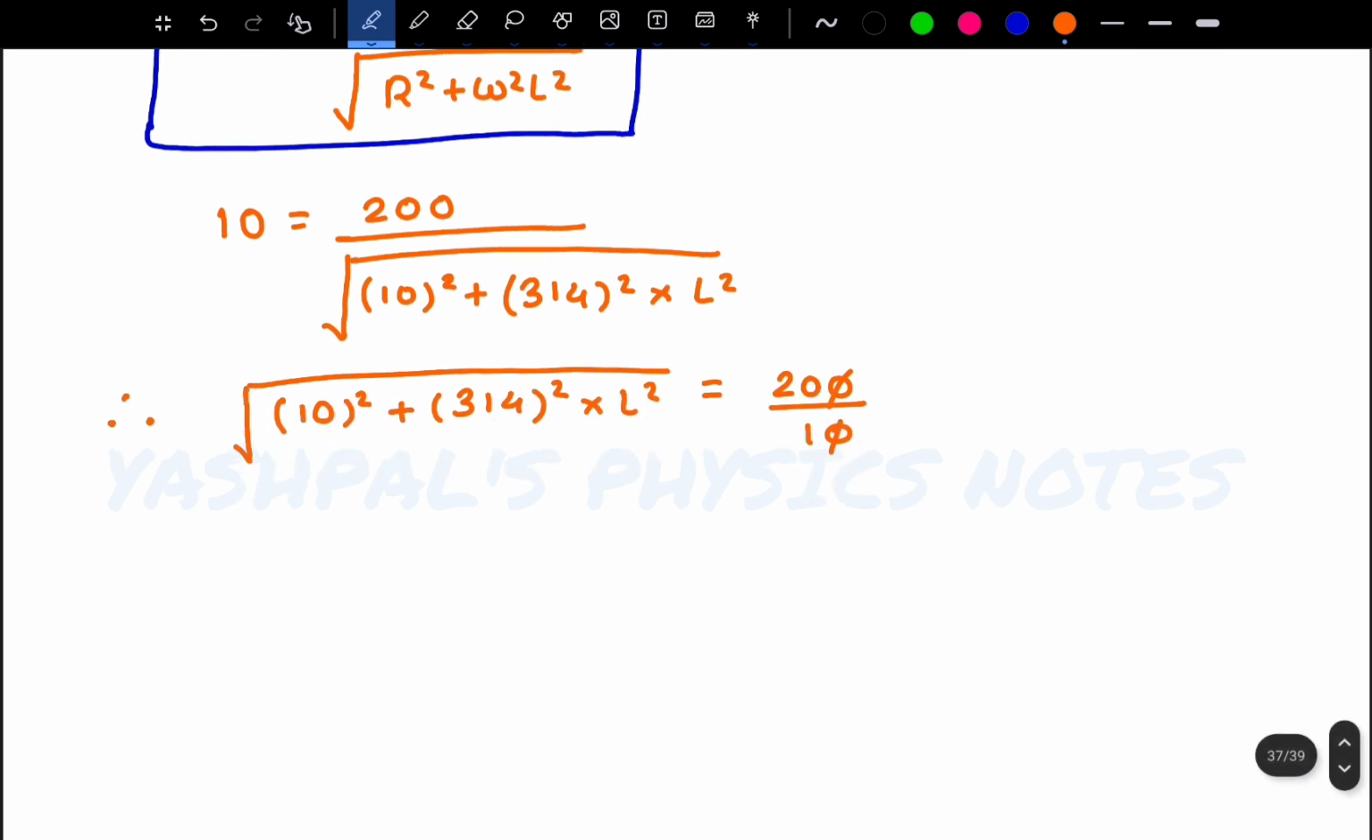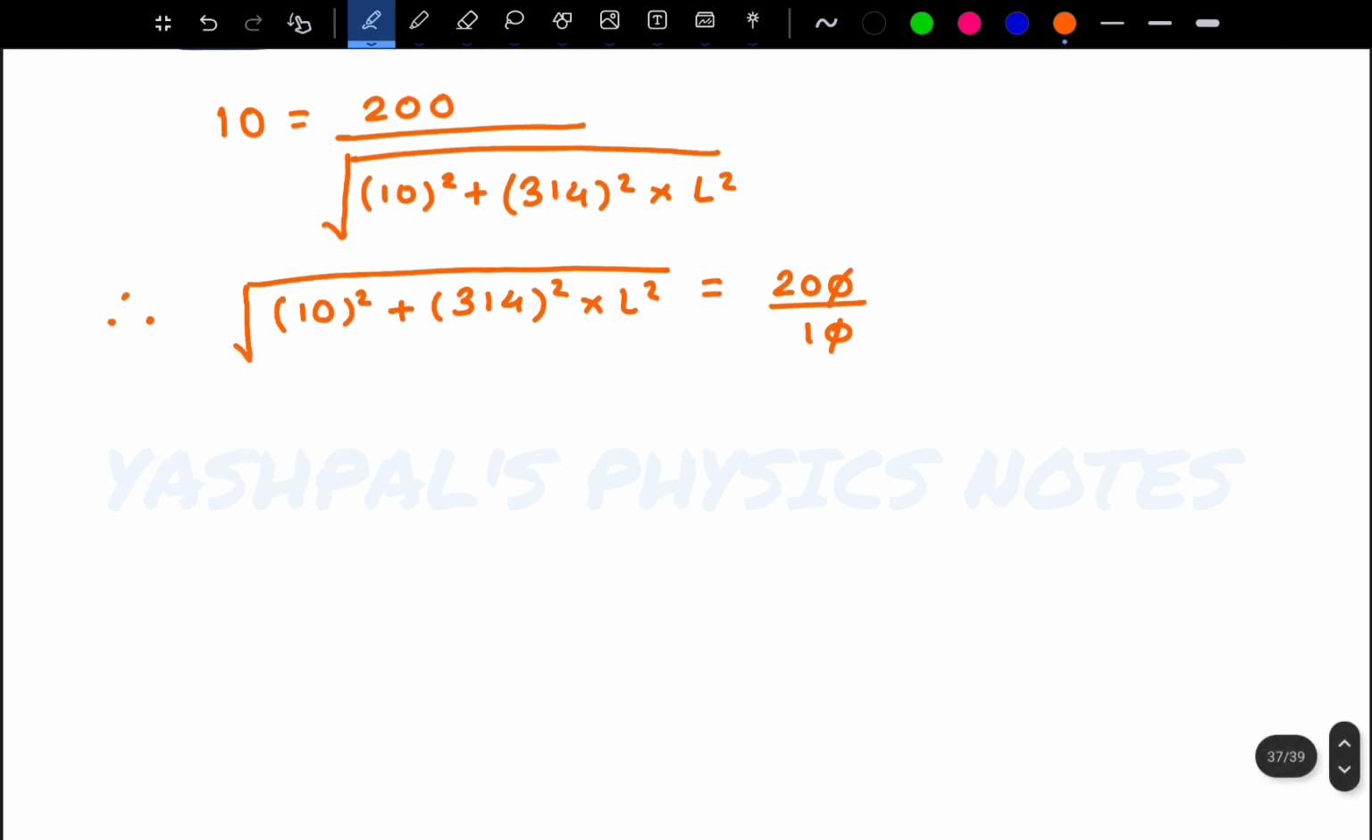Okay, now our next step should be removing this under root bracket, to remove this square root. So how can we remove it? By squaring both the sides. So here I am writing: on squaring both sides, we get